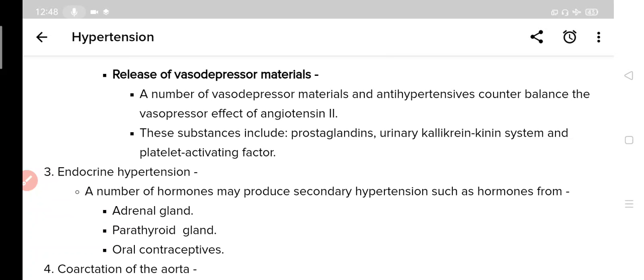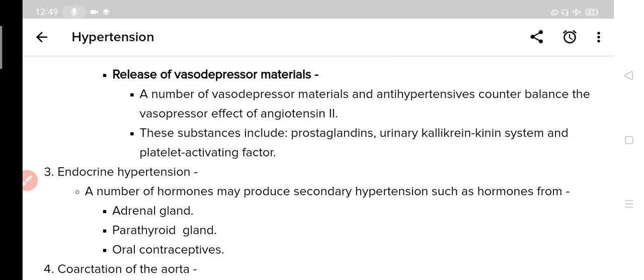So there are some materials which are released from kidney, and they cause vasodepression, and they have antihypertensive effect. Their release is necessary to counter the effects of angiotensin 2. These substances are prostaglandins, urinary kallikrein kinin system, and platelet activating factors. So just remember these names, and they work as